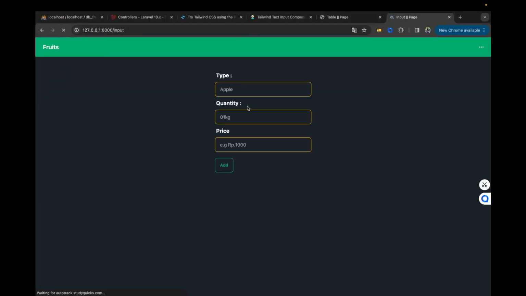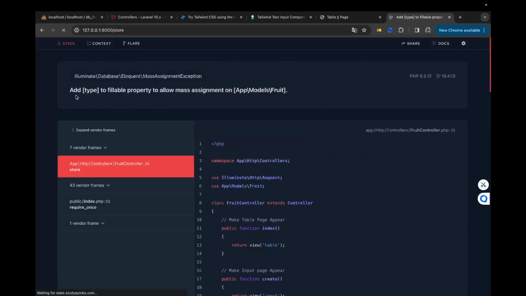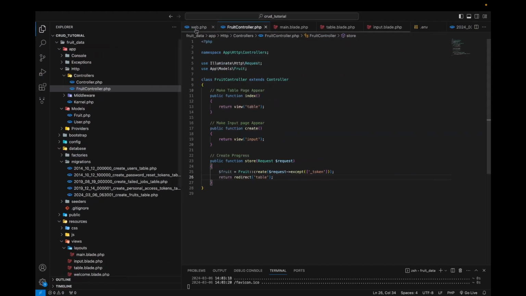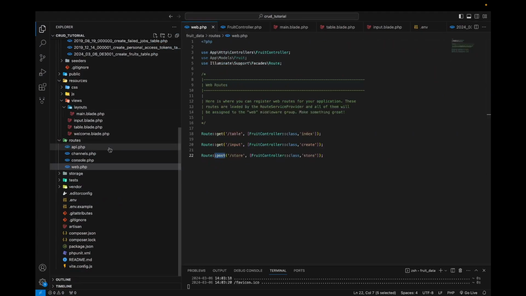Refresh. We write, for example, orange, quantity 2 kilogram, price, for example, 40,000 rupiah. Add. So there is an error right here. This is the special thing about Laravel. If there's an error, it will tell what the error is right here. So I forgot one step, which is to make the fillable